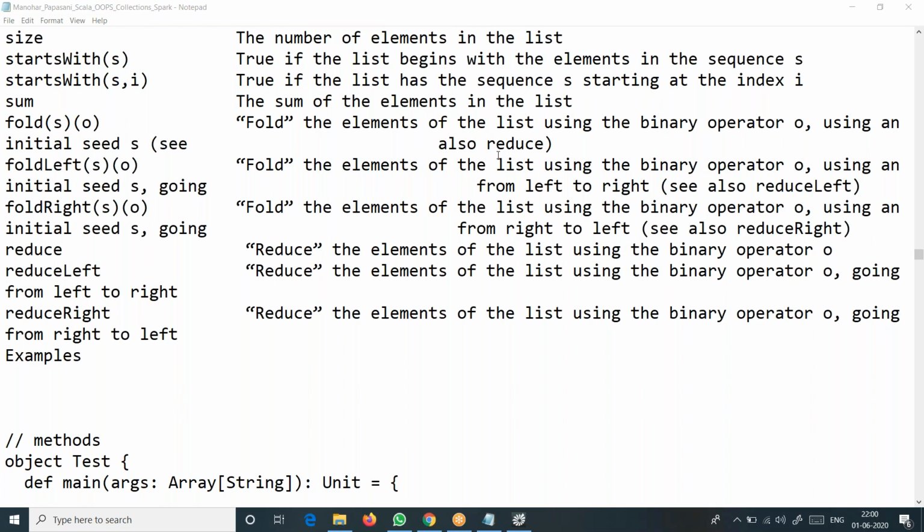Fold left means it will go from left to right, more like a reduce left. Fold right means it will go from right to left. Internally a binary operation is performed, and we don't need to get into that binary operation now. It's not necessary. Okay, and all these are like this.